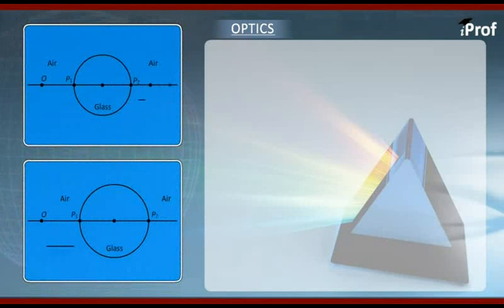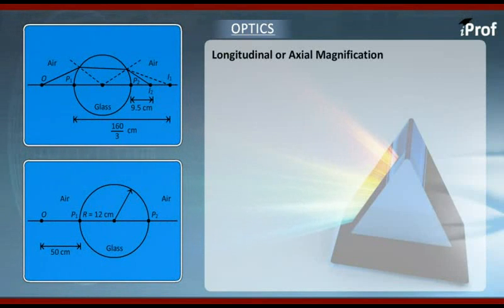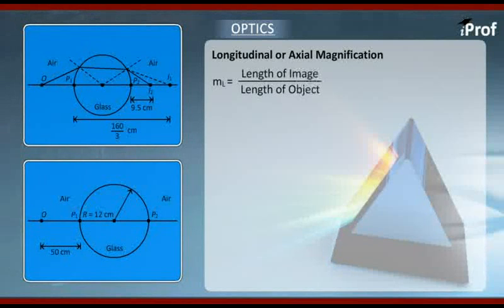Now let's deal with longitudinal or axial magnification. We know that in case of longitudinal or axial magnification, the size of image and object is measured along the principal axis. So the longitudinal magnification, as defined, is length of image upon length of object. The definition of longitudinal magnification here also will remain the same as we have defined in case of spherical mirrors,